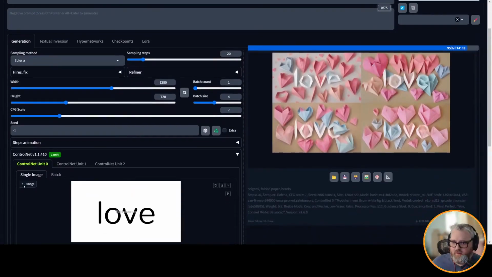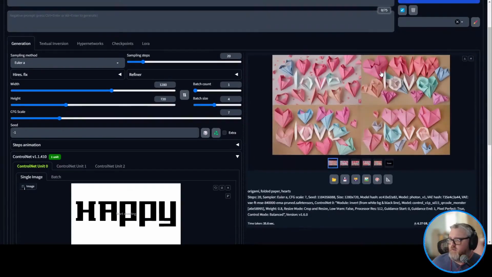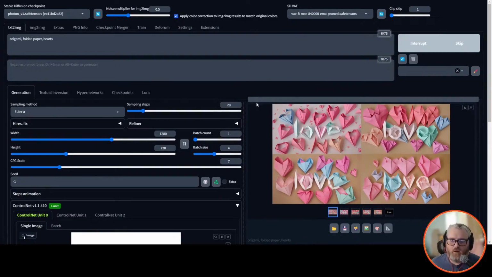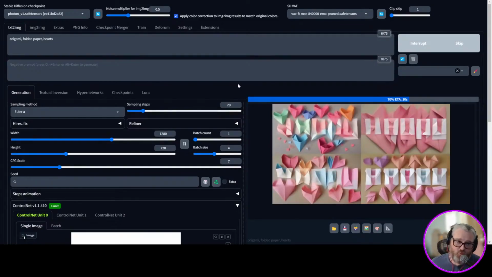So let's try another word with thicker letters, like happy, and we'll try the same prompt. I'm basically looking for something very noticeable before I drag it over to Pika. So there's a few ways, like as you can see, these are okay, but they're not great. I'm not really getting the outlines of the words. I'm getting the insides, which is good, but it's not giving me enough definition on the outside of the words.